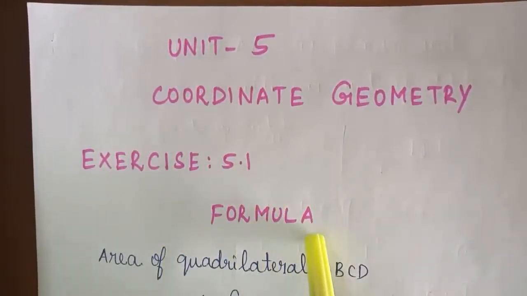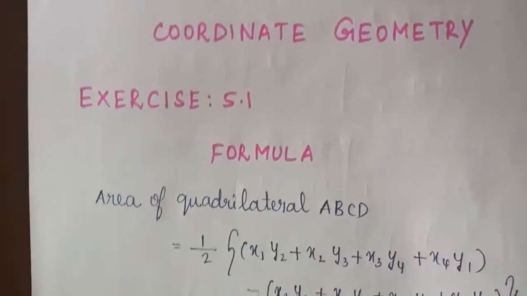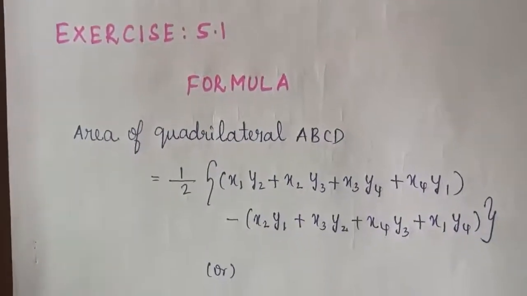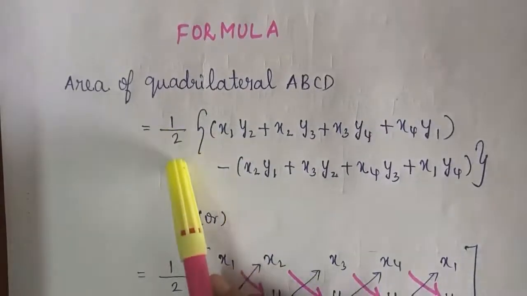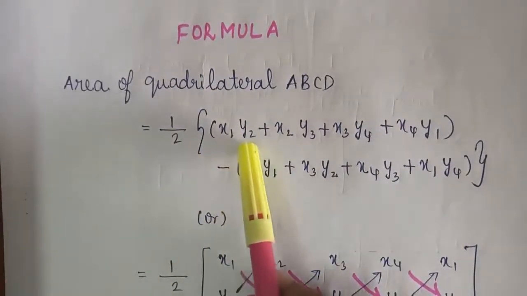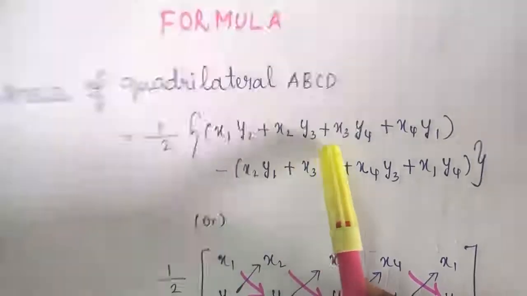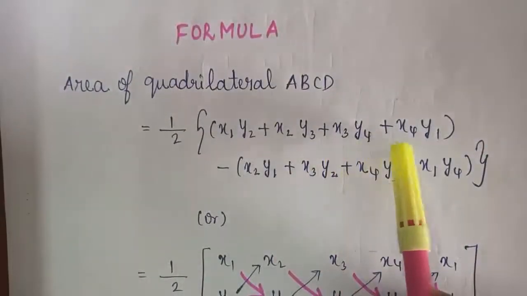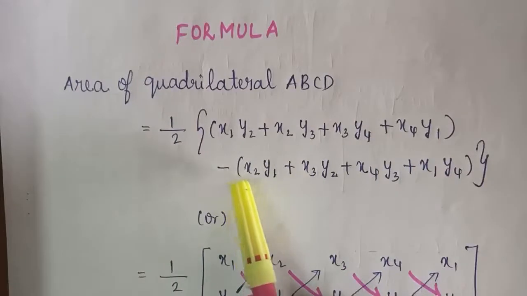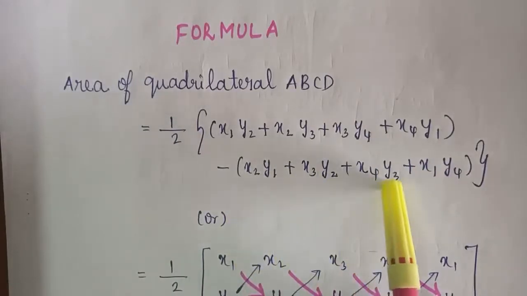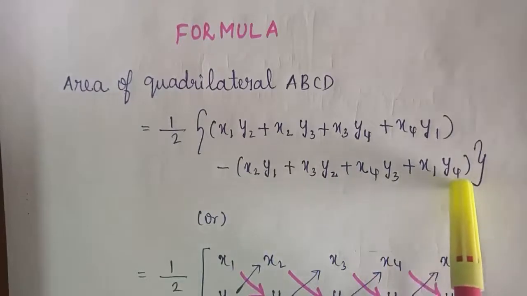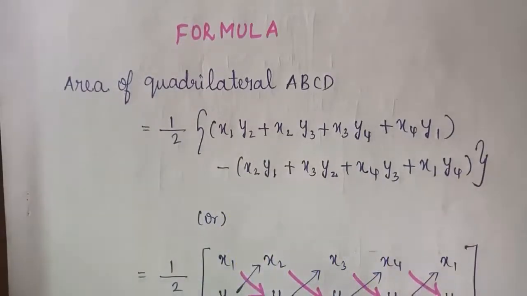Already we have seen some formulas. This is another formula, the area of a quadrilateral ABCD. So the area of a quadrilateral ABCD is equal to 1 by 2 into x1 y2 plus x2 y3 plus x3 y4 plus x4 y1 minus x2 y1 plus x3 y2 plus x4 y3 plus x1 y4, or otherwise you can